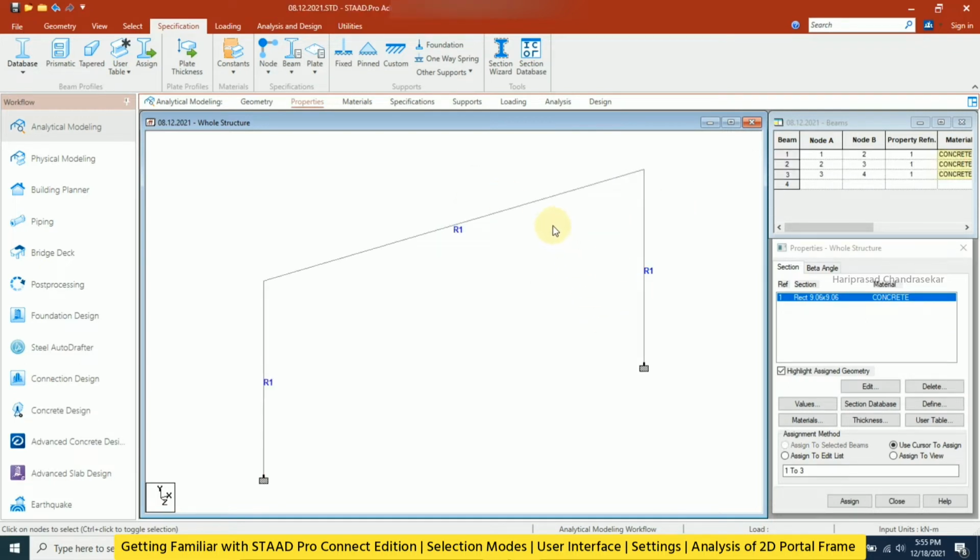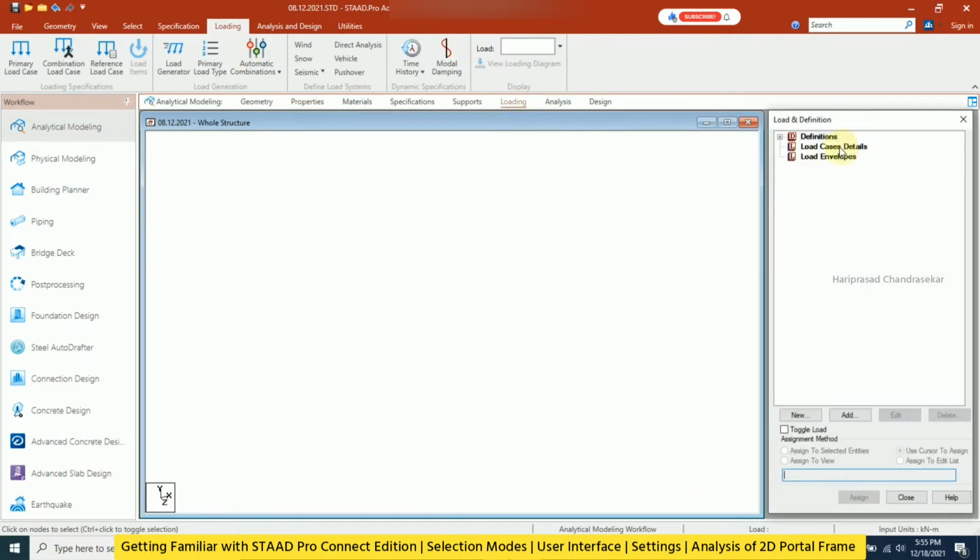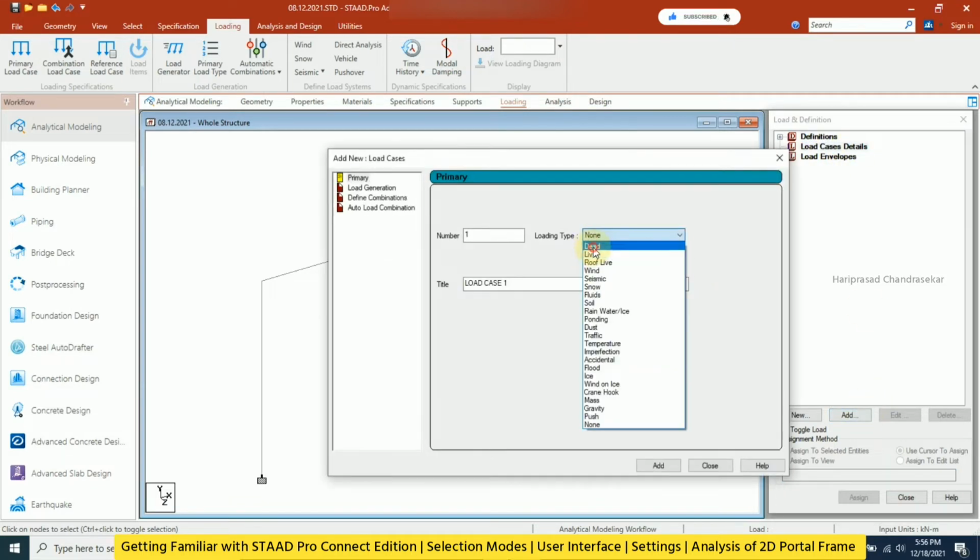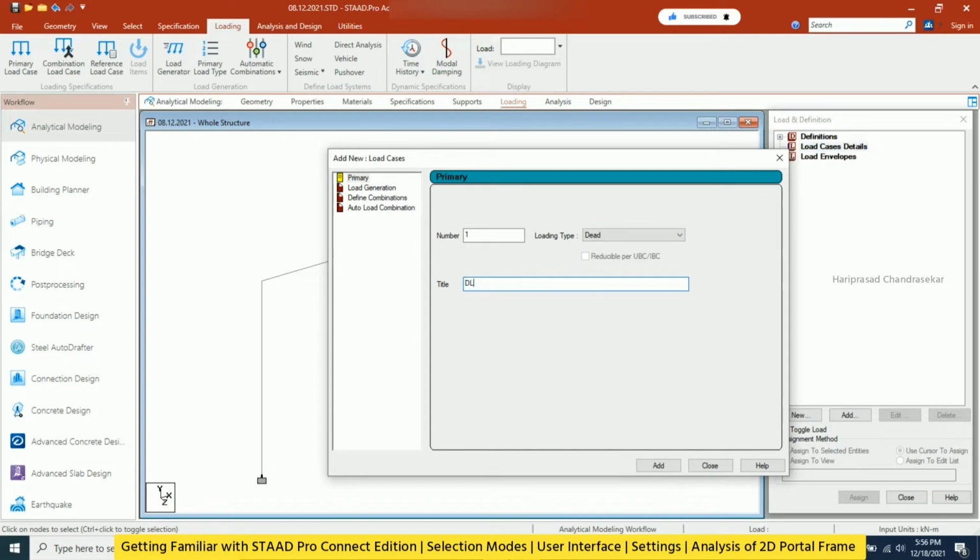Now if you want to assign some loading, you can just go here and click loading. As in the previous StatPro, we also get here, just click add, and here you can add dead load. And we can also add live load.